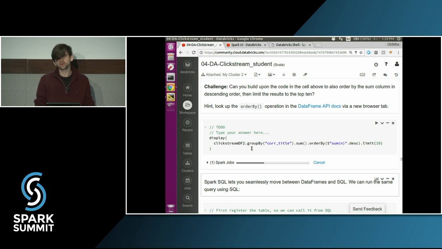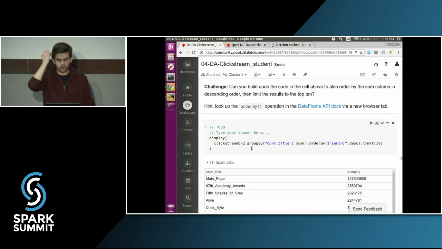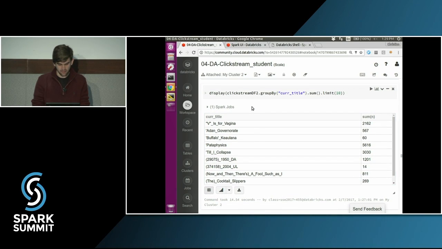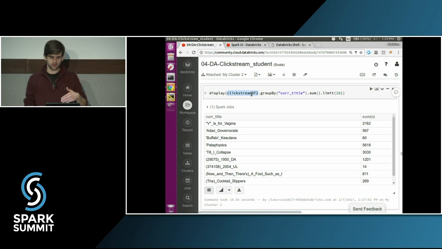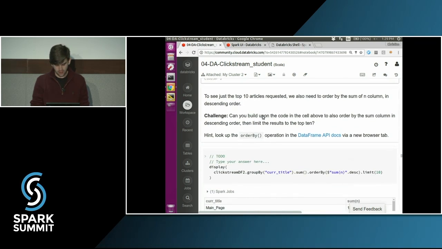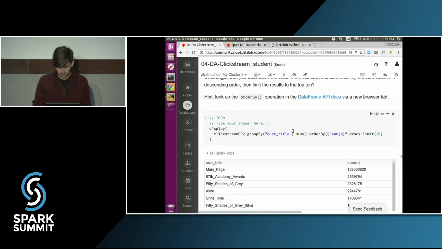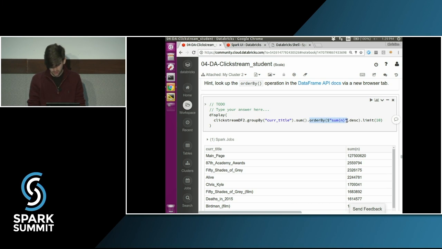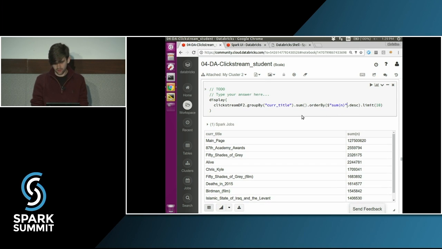So one interesting point to note here is that although we just did this group by, the point that we have cached from is clickstream df2, right? So this is the object that we have stored in memory. So now every time we call this group by, we have to do the whole group by again. So that's going to be the most time-consuming operation here, the group by and the resultant shuffles that we need to do. But once we run that and we take our sum, sort it on the sum n column name, we see